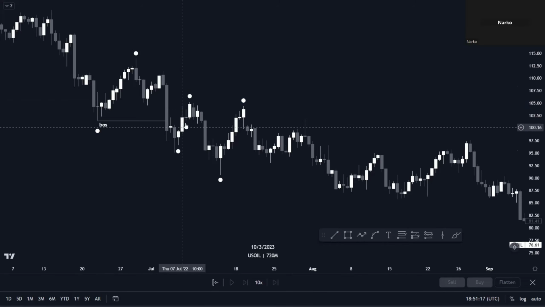Price pulled back to the upside and didn't violate our previous lower high, meaning that it respected it and pushed to the downside to violate our previous lower low,